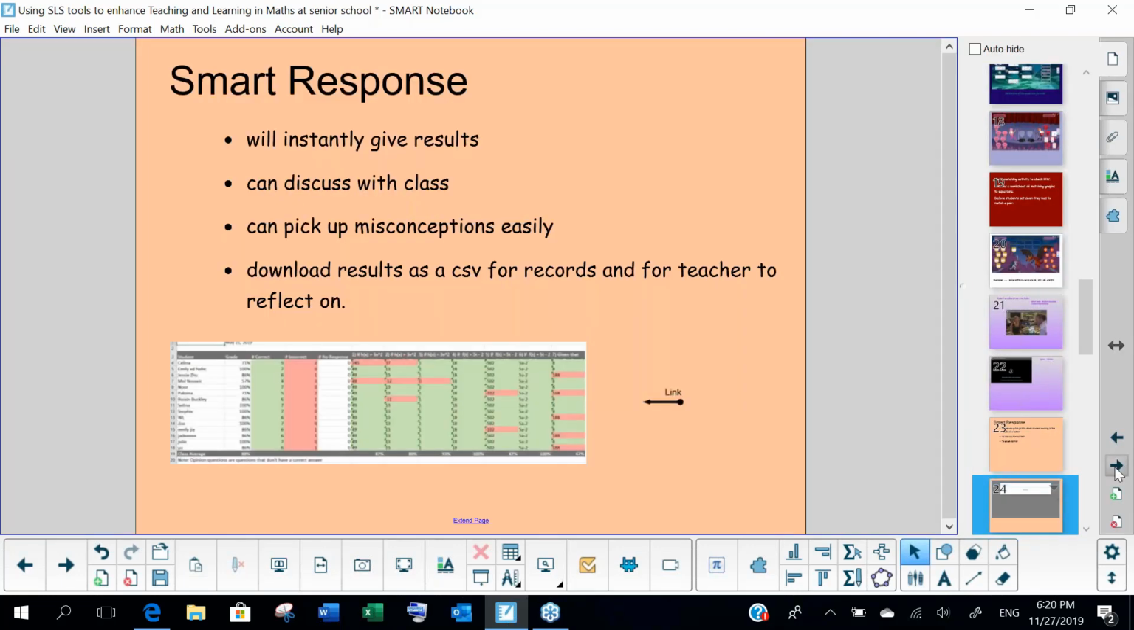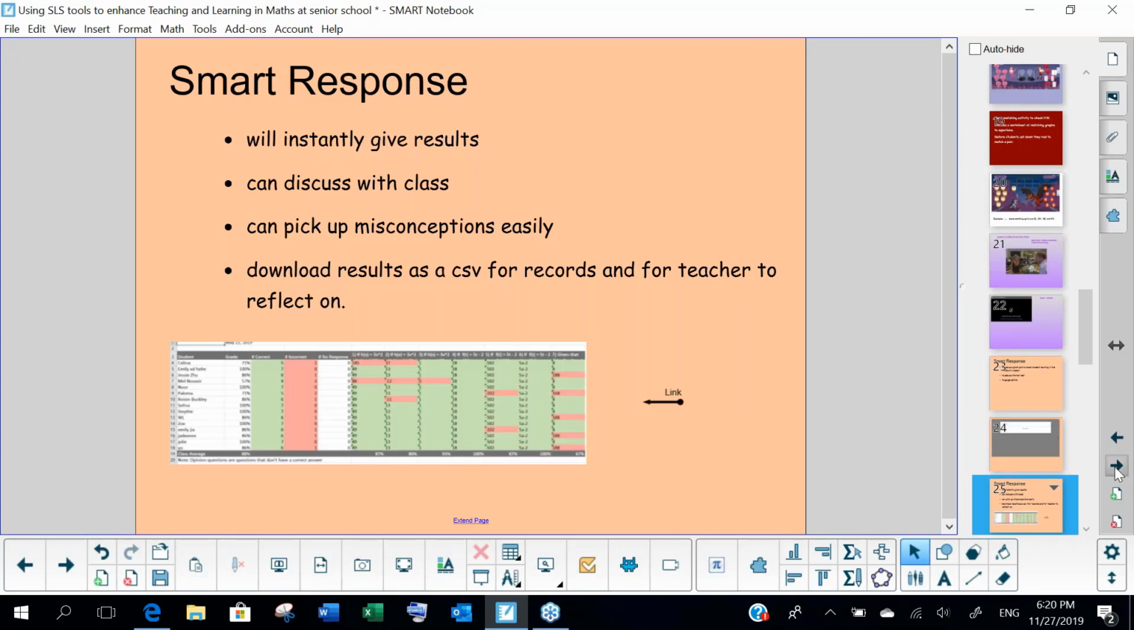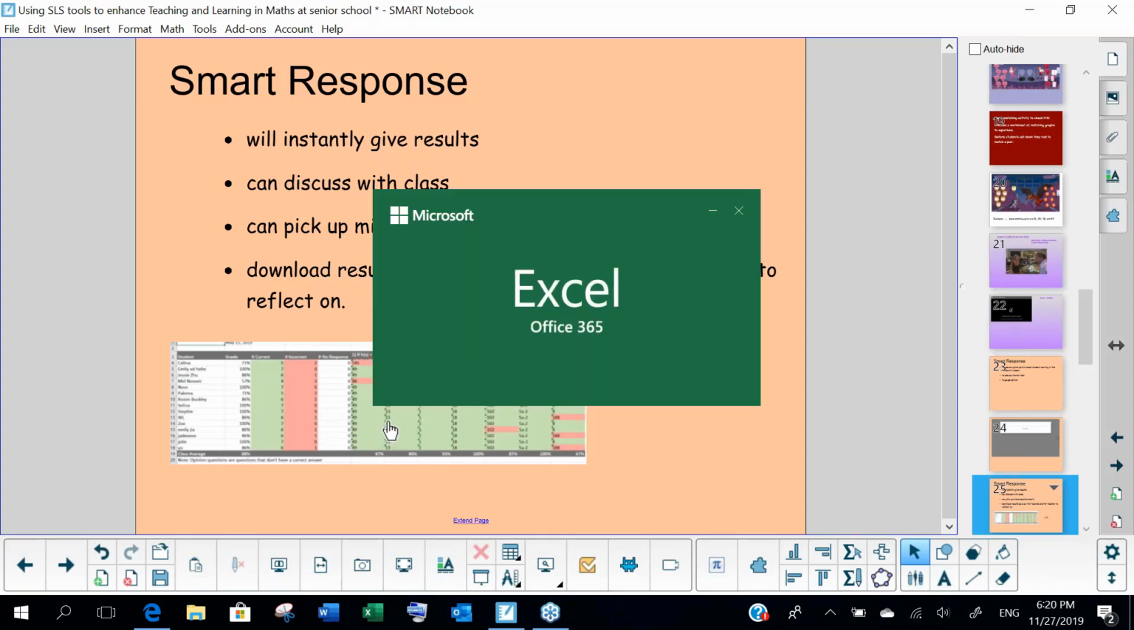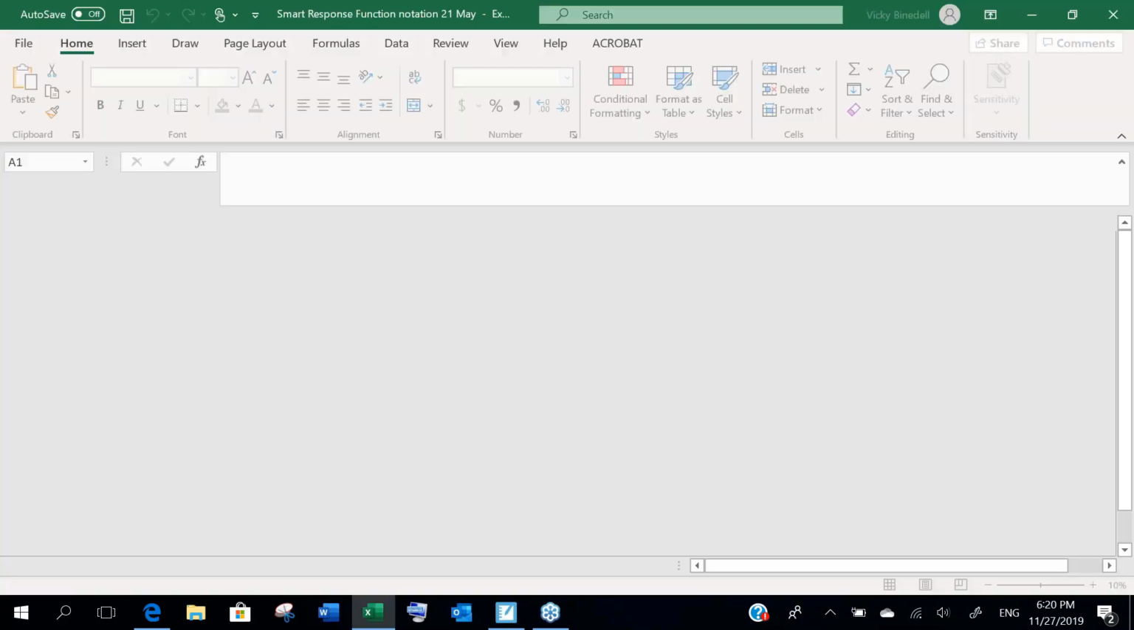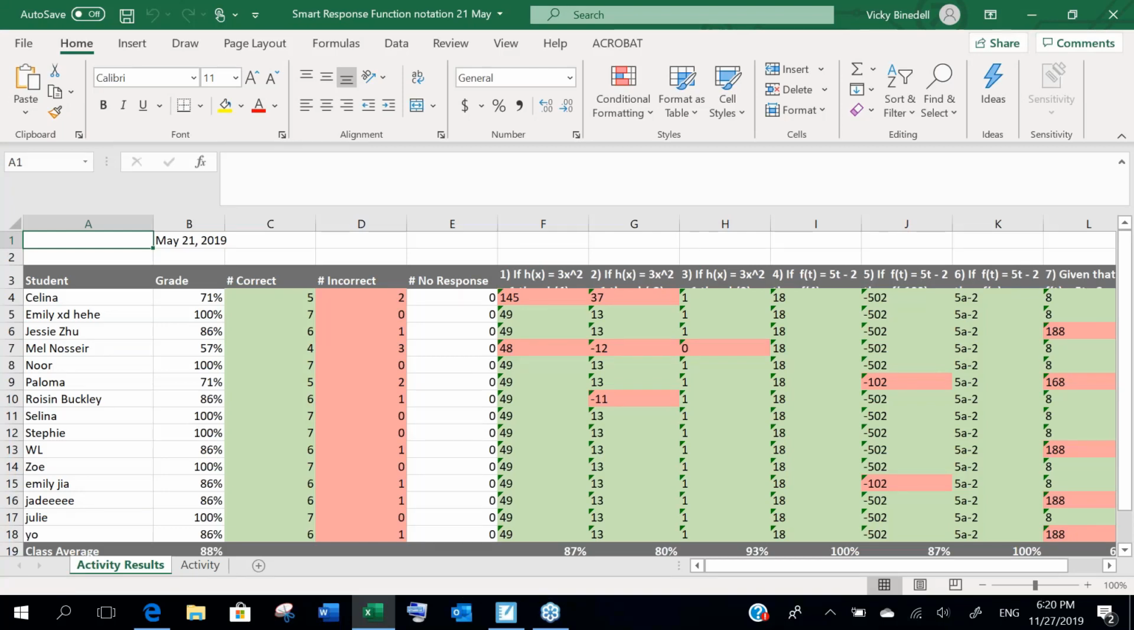So students did this little quiz, and this is what the output looks like. It comes up as you download it, export it as an Excel spreadsheet. So this is the Excel spreadsheet. You can see instantly that, first of all, Smart Notebook, Smart Learning Suite has marked the work for me. I haven't had to go away and mark it. I can see exactly who got